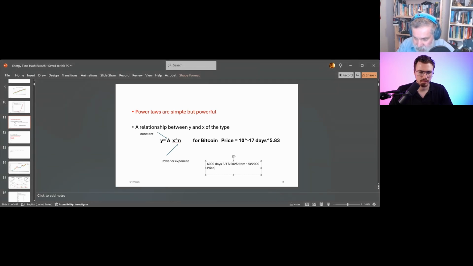According to the formula, the price is equal to 10 to the minus 17. What is the relevance of this minus 17? It's a very small number because if you put 1 here, for day 1, and take the power of anything, 1 to the power of whatever is always 1. So that means on day 1, the price of Bitcoin, according to this formula, was 10 to the minus 17 dollars. That is basically 0 with 16 zeros, then $1. Basically it says that on day 1, Bitcoin was worth nothing. But what happened after